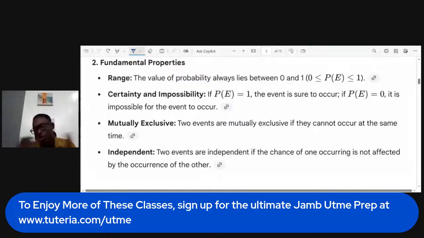For some of you, probably you are in your school right now, you know the time you close from school. Let's say you close by 4. So someone can ask you, what's the probability of you staying till 6? You know that one is not certain because you know that school closes by 4. So the probability of you staying till 6 is not certain. You can't say that is a certainty. But if someone should ask you, what is the probability of you staying in school till 3? You know that it's certain you must be in school till 4.